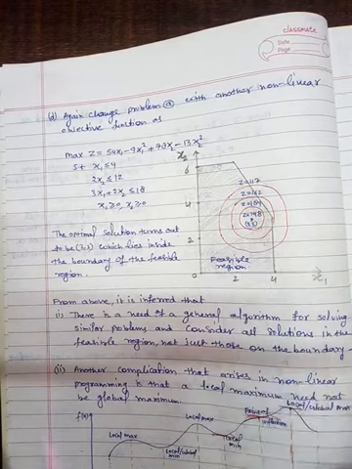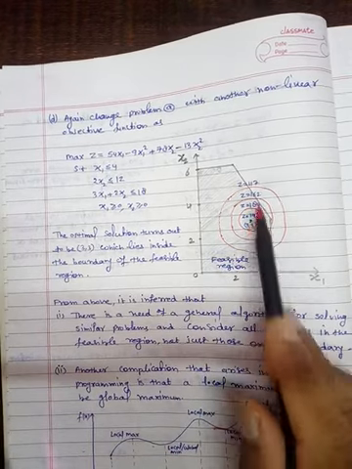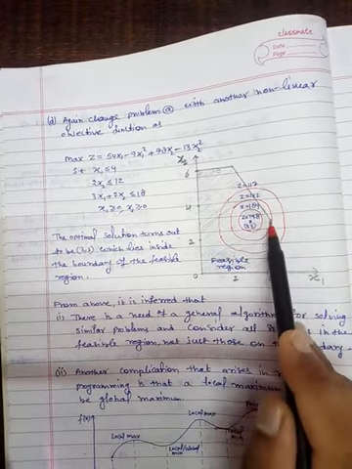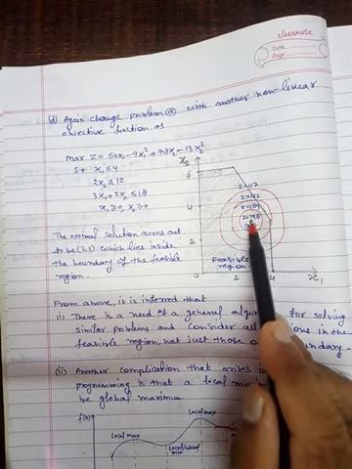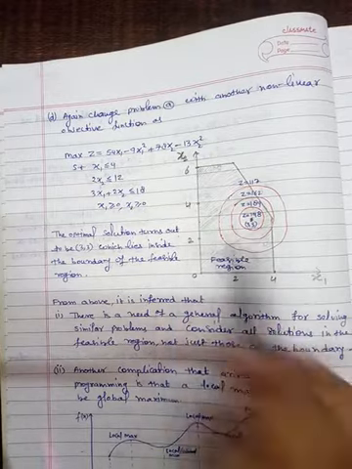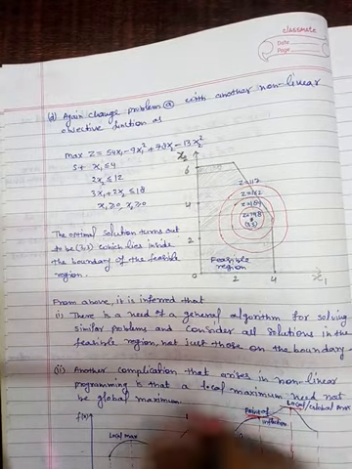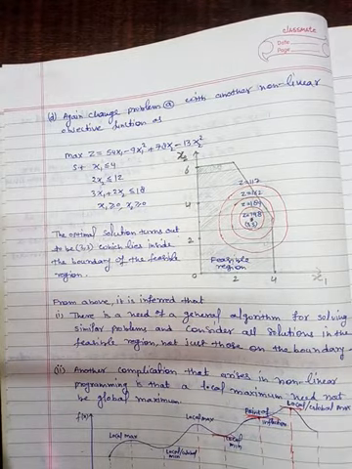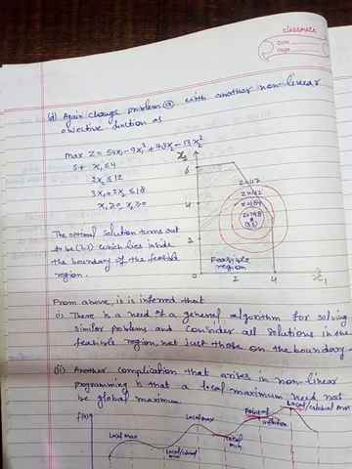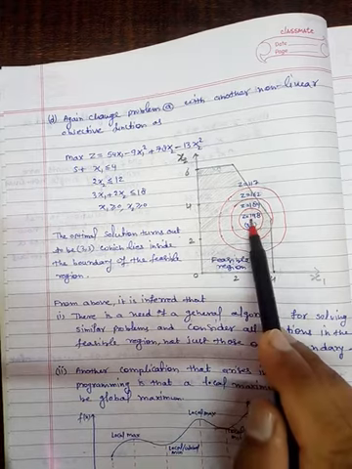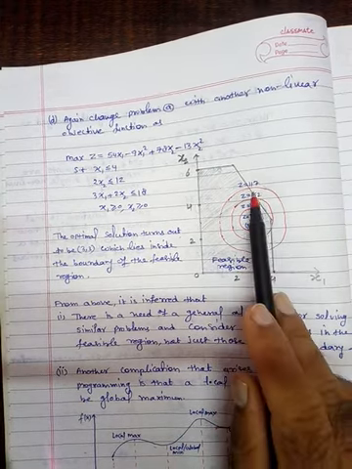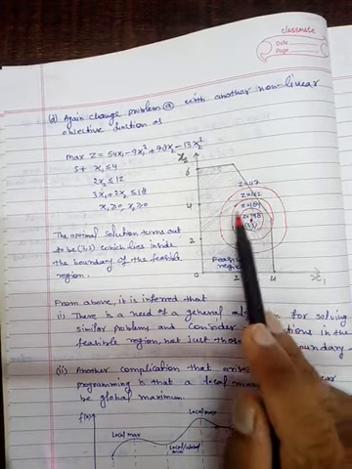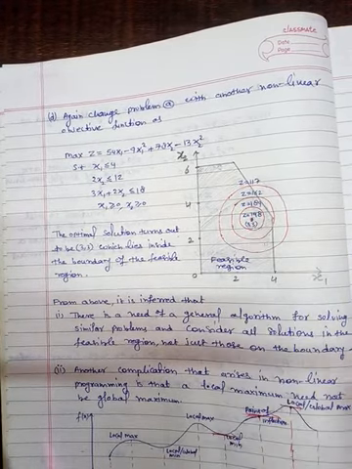So this is the reason, and you will see that this is not the boundary point, this is not the corner point, rather this 3 3 is an interior point. This is the interior point inside this region. So this is the difference between non-linear and linear programming problem. In linear programming problem, generally the solution occurs at the corner point. However, in non-linear programming problem, the optimum solution occurs either at a corner point or a boundary point or at an interior point. This is the difference.